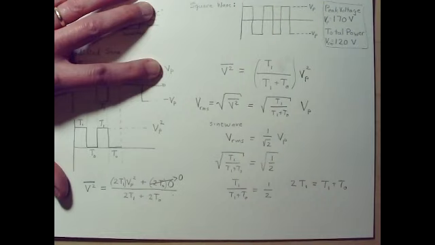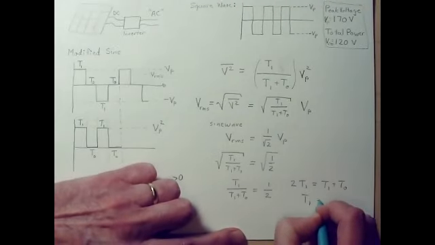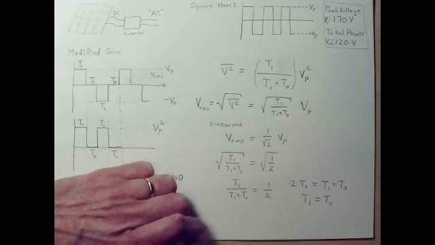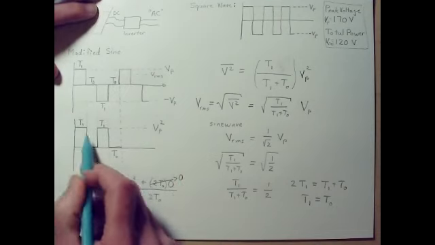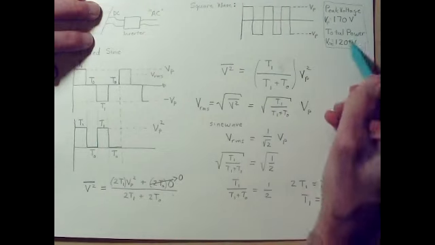And that, I think you can quickly solve. Subtracting a T1 from both sides, you'll find that T1 equals T0. So having these periods of time exactly equal each other gets you just the right ratio, so that then you